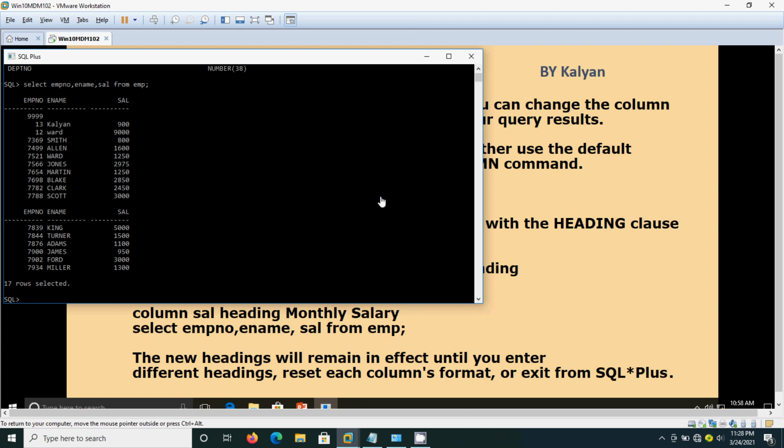Normally while creating the table we will have the column names only as shorter names, not the lengthier ones, in order to save the space. Salary means sal, description means DESC, employee name means ename, like that only we will do. But while generating the reports or seeing the query results, it should not be like that. We should have the proper column headings. How can we change that? I will show you now.